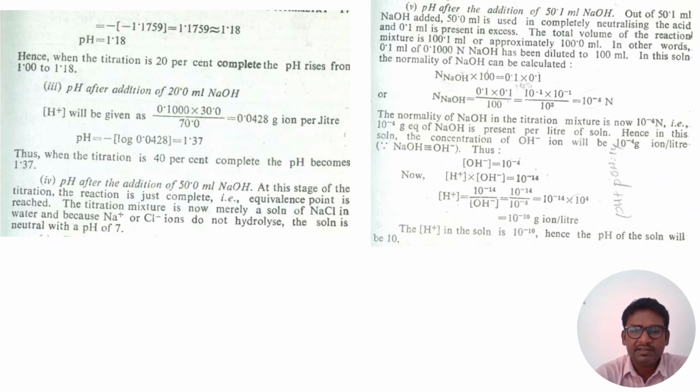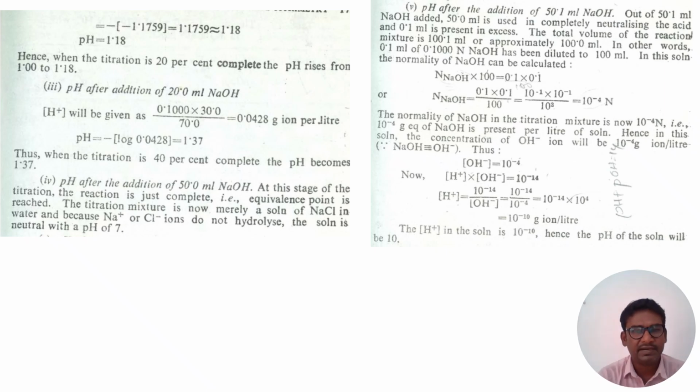Why 30 here? Because 20 ml of NaOH consumes 20 ml of HCl. So out of 50 ml of HCl, how much HCl remains? 30 ml. And what is the total volume? 70. That is why 0.1 times 30 divided by 70. That gives